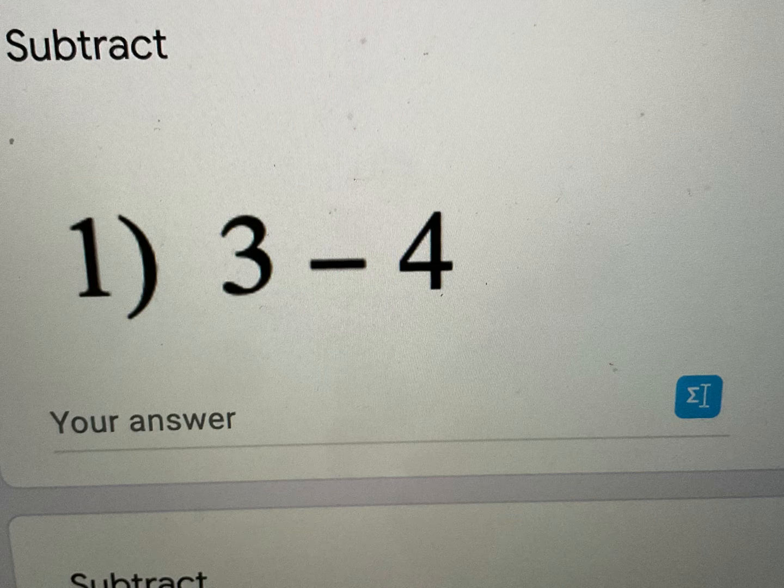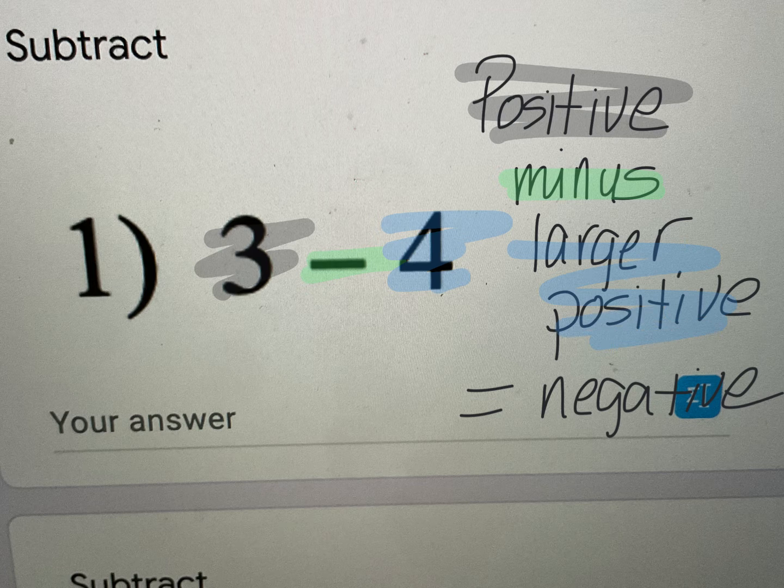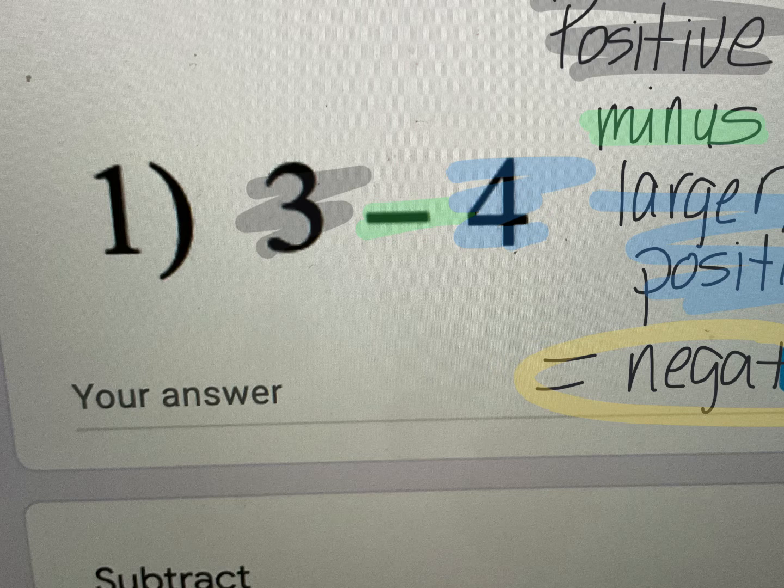Guys, in this video we are going to continue taking a positive number and subtracting a larger positive number. So in this case today, since we're starting off with a positive number and we're subtracting a larger positive number, every answer that we get today is going to be a negative number because I'm taking away more than I started with. So in this case, if I have 3, but I take away 4,